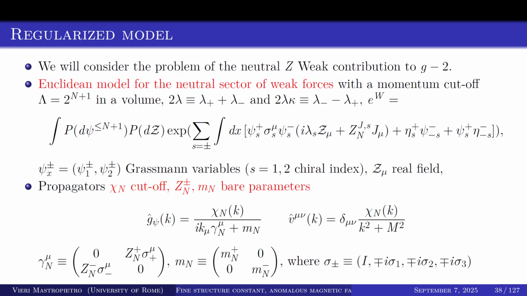There is the mass of the boson. This is not an unphysical assumption, because this is the reason why I'm studying the Z, because the Z has mass. It's like the photon, but with a mass. And then you have a cutoff chi. This chi is a function defined in